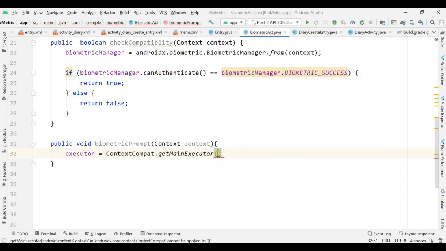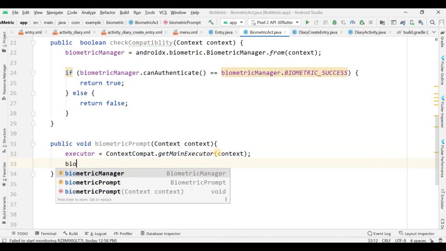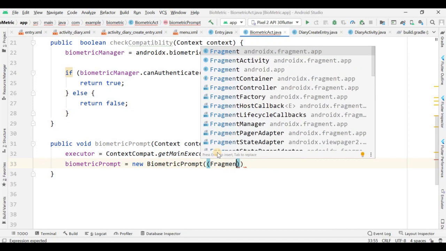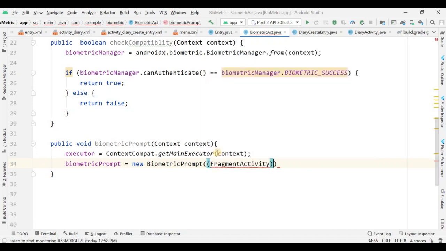Then what we are going to do here is pass the fragment activity context. Okay, so the context is of type fragment activity, and passing the executor,